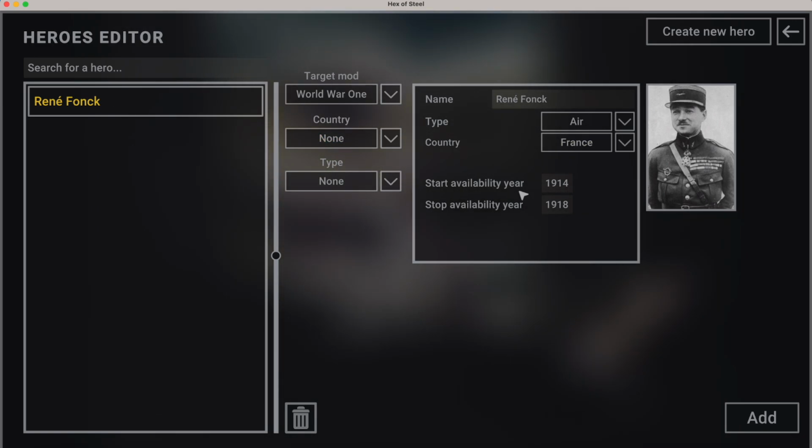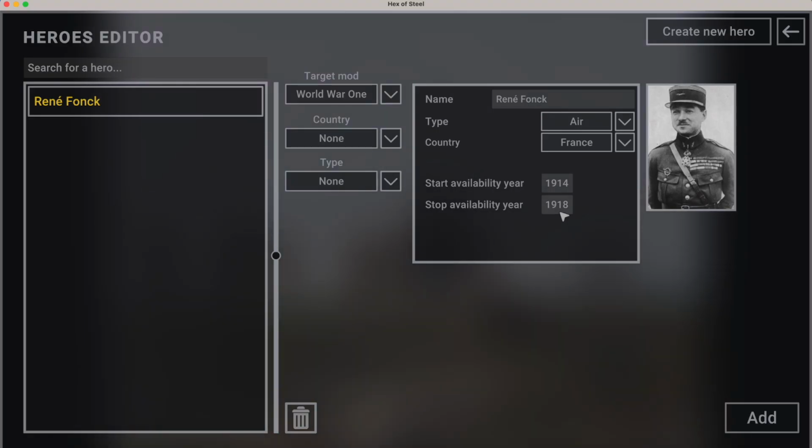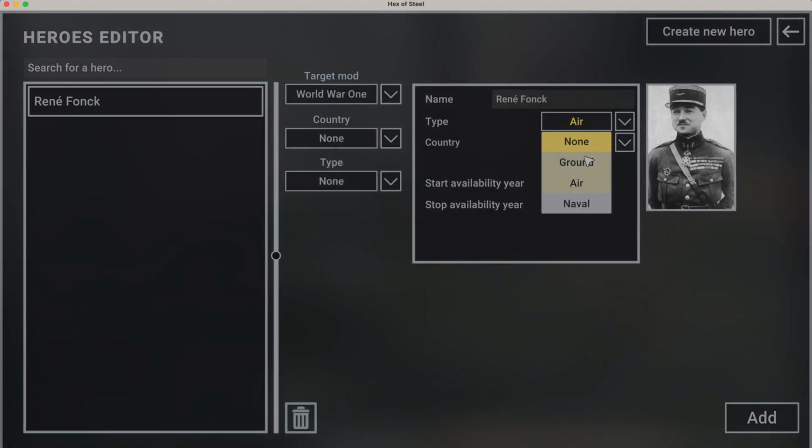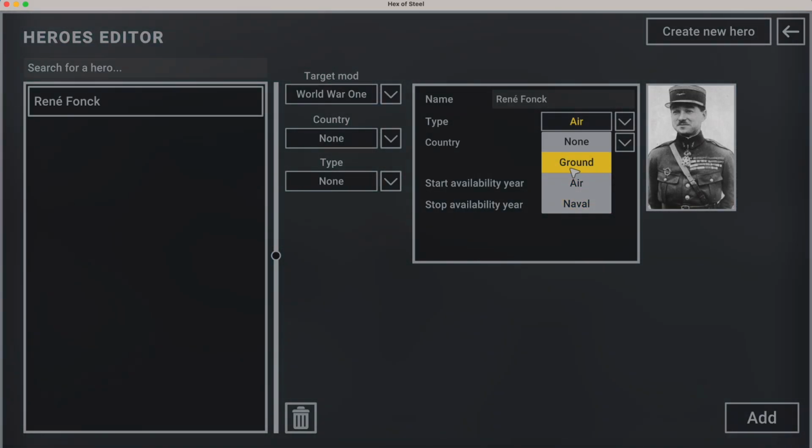The stats cannot be edited as of now. If it becomes a possibility in the future, it will be available here. For now, they are randomly generated when the hero is being generated, also based on the type of the hero, for which kind of units, basically. All right, so